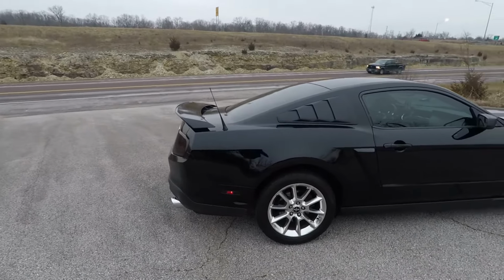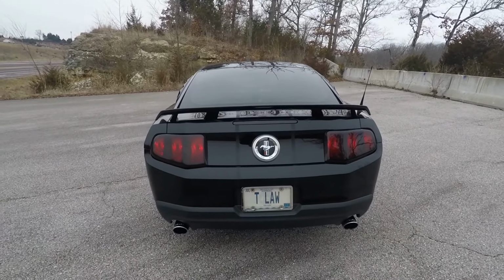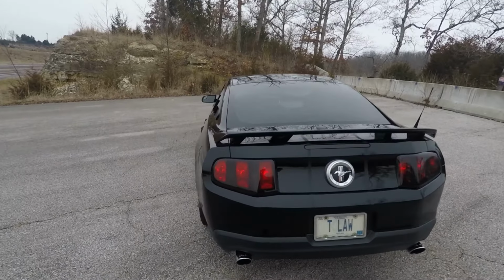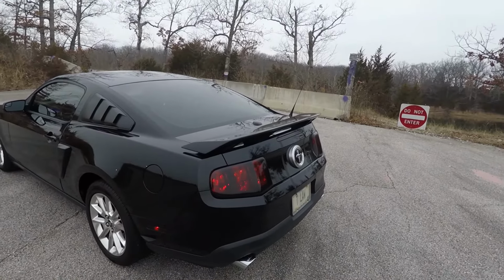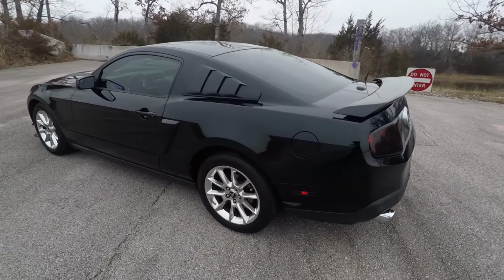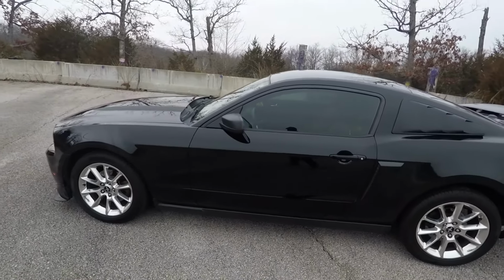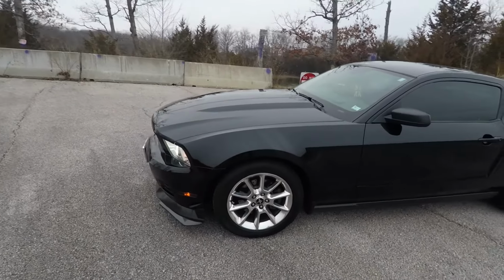I was always in love with these pedestal spoilers because that's the kind that the Boss 302 and the Mustang GT California Special comes with, and I always thought that they were the best looking spoiler on this particular model Mustang. So let me go ahead and just give you kind of a rundown of everything that I have done to this car